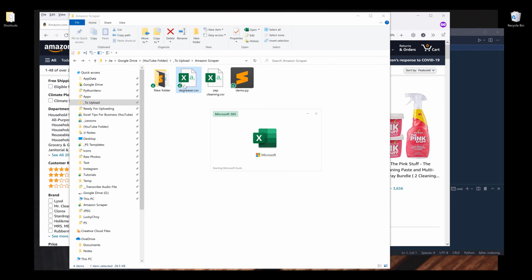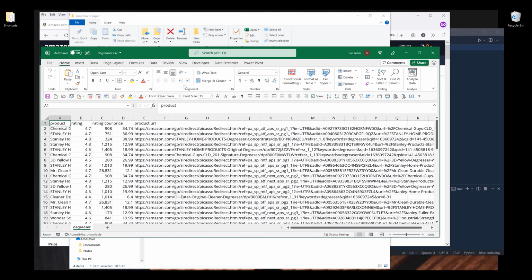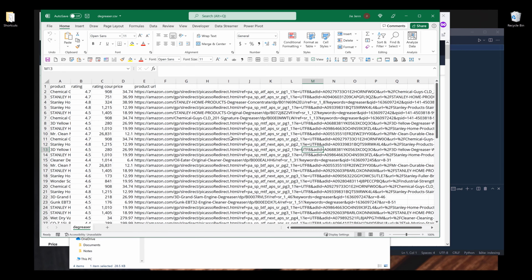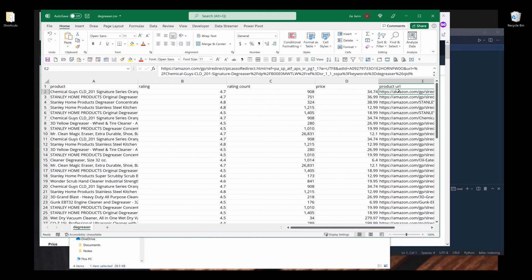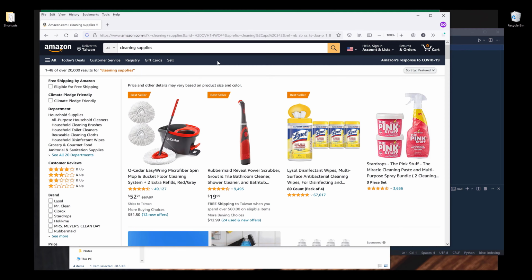So here, let me show you what the output is going to look like once we run the Python program. Alright, so here's the CSV file. In this CSV file, we have 5 columns only. So we're going to extract a product's title, which is the product's name, the rating count, the price, and the product URL. And if we go back to Amazon's product listing,